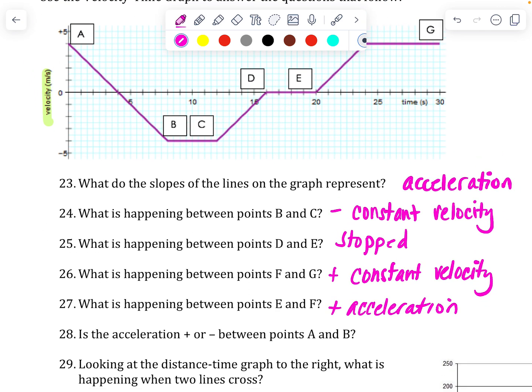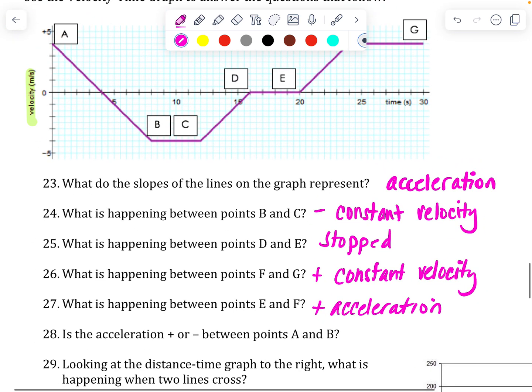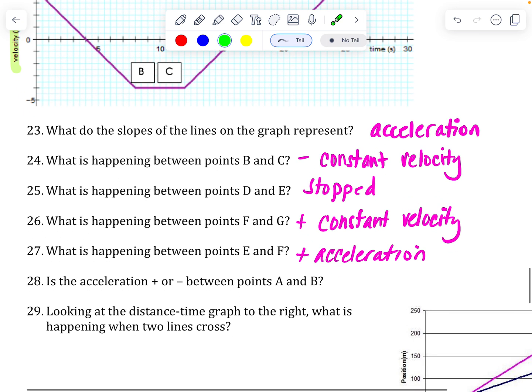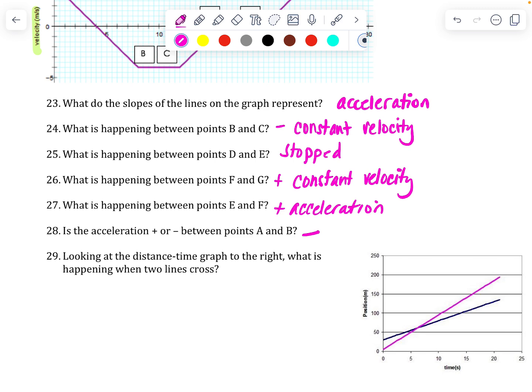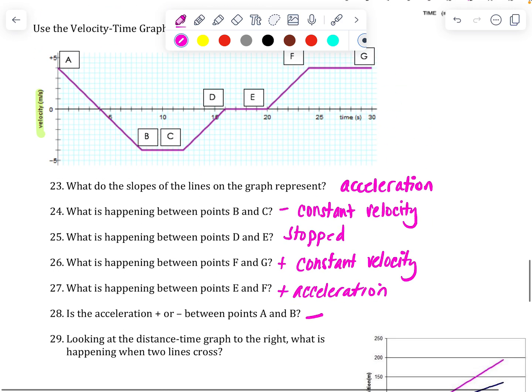Is the acceleration positive or negative between A and B? Ooh, this one's tricky. Negative. It's actually negative from there to there, and then it's kind of positive from there to there. So we'll say negative and not worry about that one because I wouldn't ask that on a test. That's kind of confusing. Because it's slowing down as it gets to 0, and then it speeds back up in